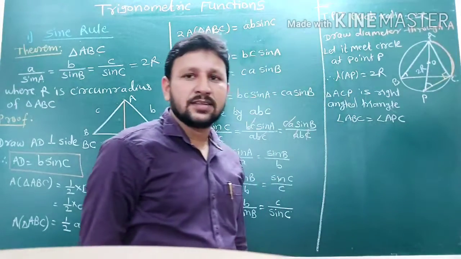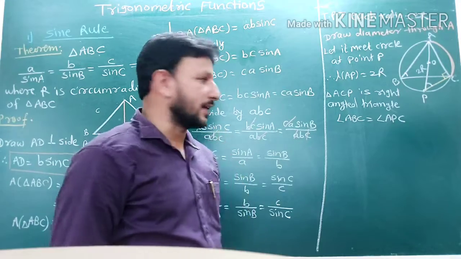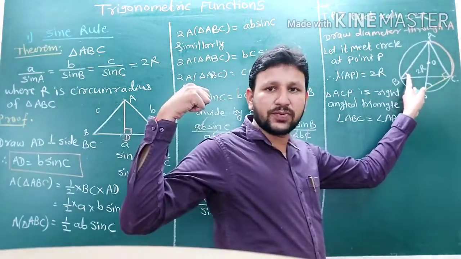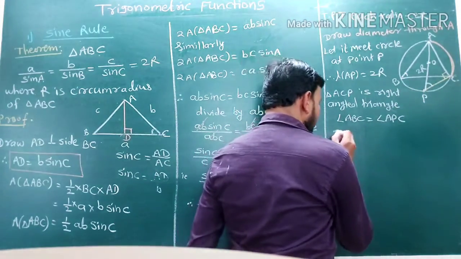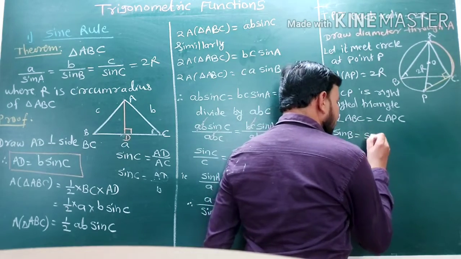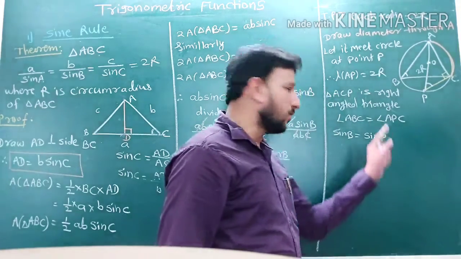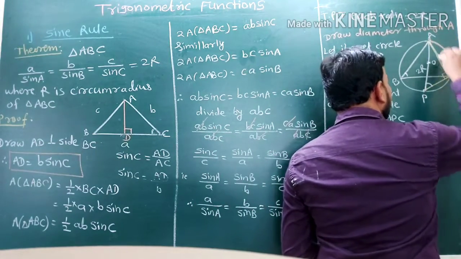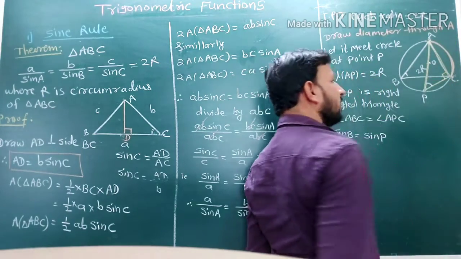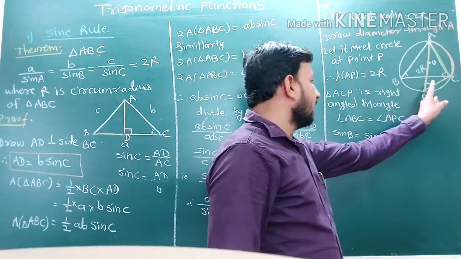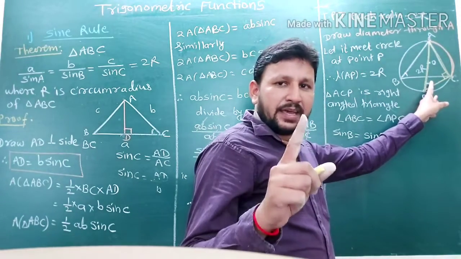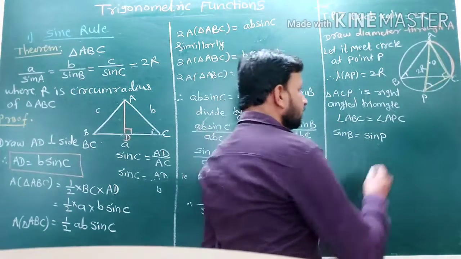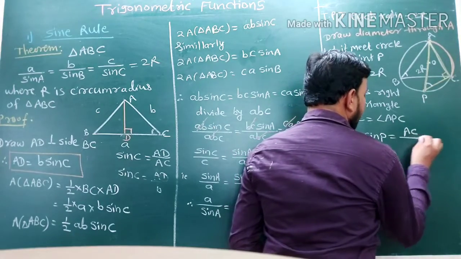From these equalities we can write the next ratio related to the angle P or the angle B for the sine function, because the proof contains the sine function. Apply the formula: sine of B is the same as the sine of P. For sine of P, check the triangle here. ACP is a right angle triangle. For this right angle triangle, angle P is here. Sine of P is expressed as opposite side upon hypotenuse. It is equal to AC divided by AP.